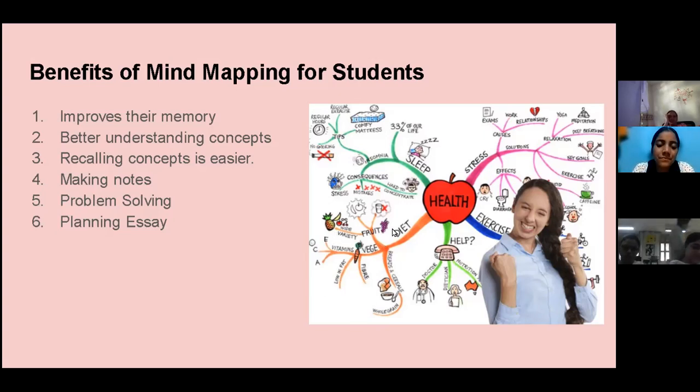So what happens? Don't you think that this sort of mind map is easy for you to remember because you are doing it by your hand? You are writing all the small points rather than big 2 pages. If on sleep 2 or 3 pages of information are written, which will be easier for you to remember, this diagram or what you have read in those 2 or 3 pages? Diagram, ma'am. Yeah, so this will be easier for recalling the concepts, and better understanding.